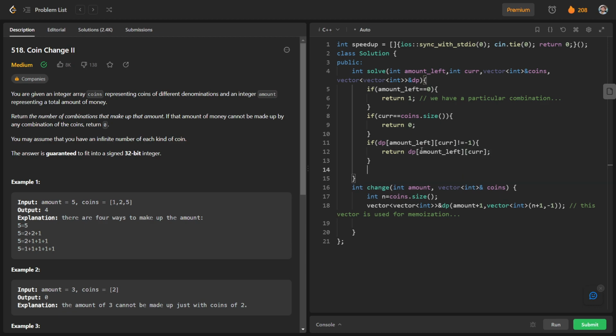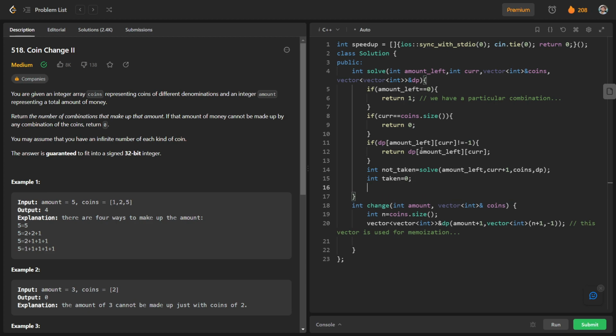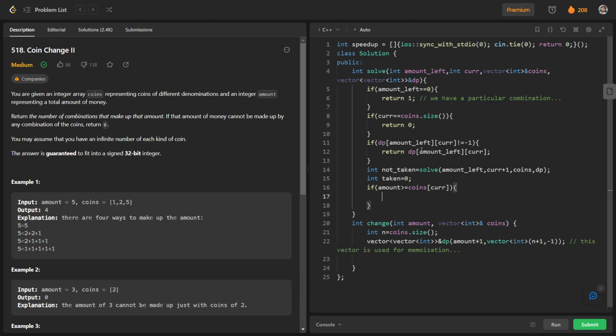And what else, we will have recursive cases. So what are the recursive cases? So int not taken, it will be nothing but solve for amount left, and amount left will not be changed. We will go for another denomination, that is current plus 1, and we will pass coins and dp as parameters again. And taken will be initially 0. So we will just check whether this amount is greater than or equal to coins of current or not, and if it is greater than or equal to that particular coin, we will take it.